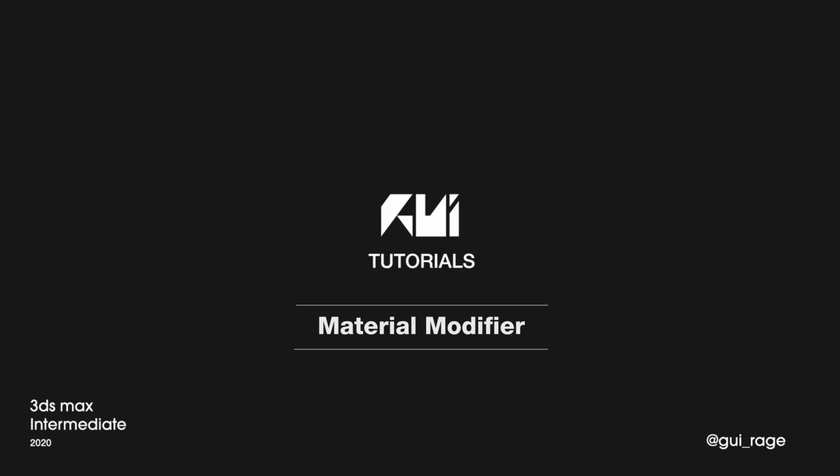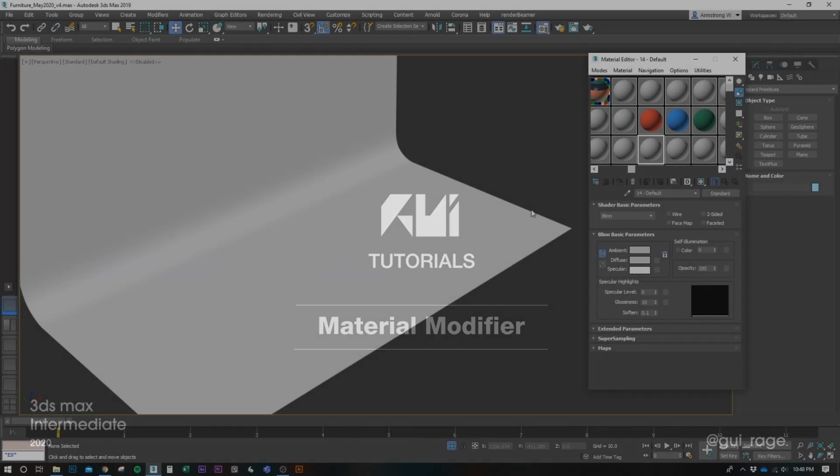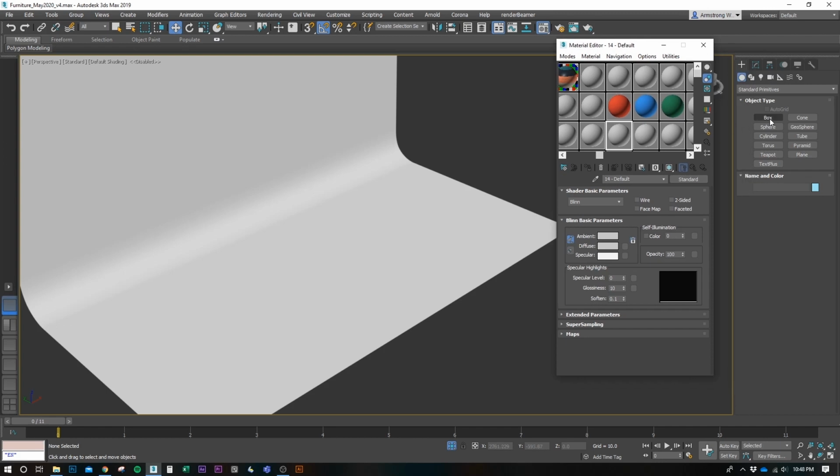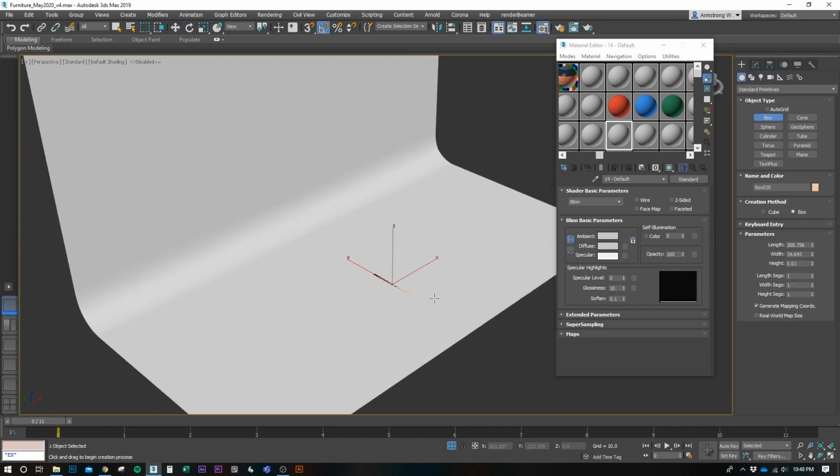Today we're going to be going over the material modifier, and that combined with the multi-sub object. We're going to create a material that is comprised of multiple materials, and I'm going to show you how to kind of swap those out pretty easily. So let's get started. Let's start with the box here,